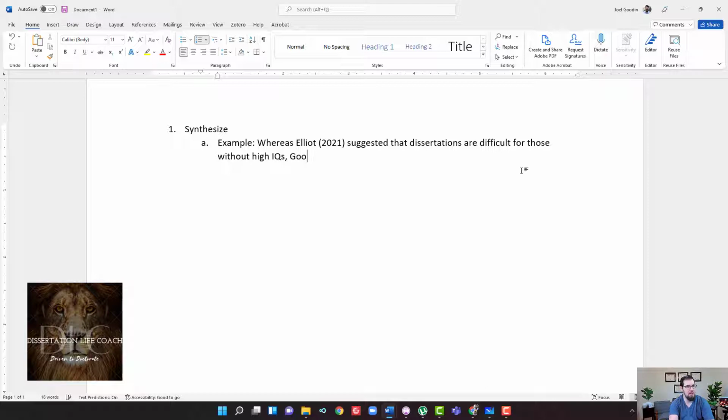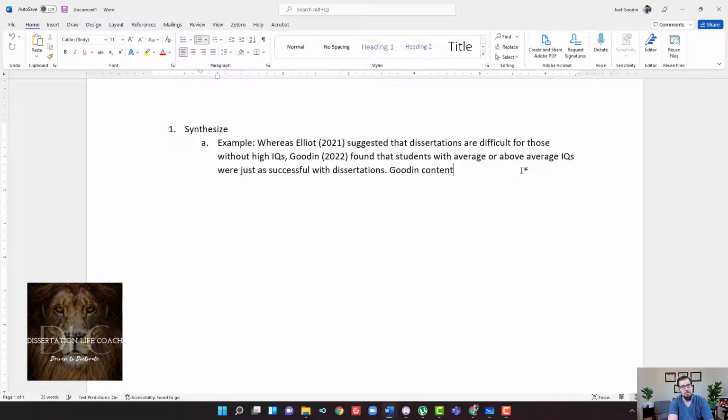Gooden, I made this up, 2022, found that students with average or above average IQs were just as successful with dissertations.